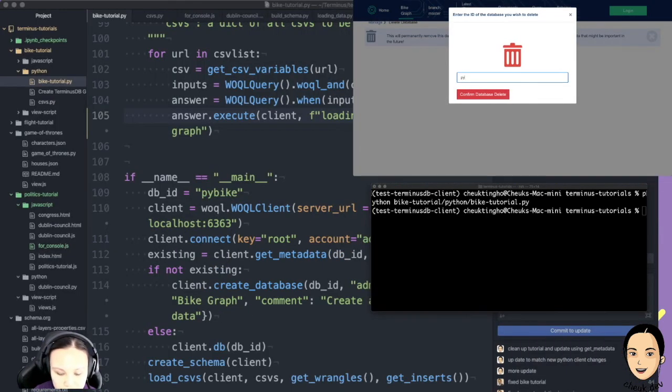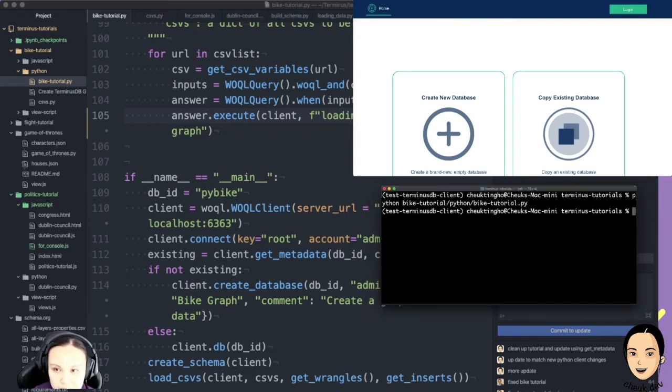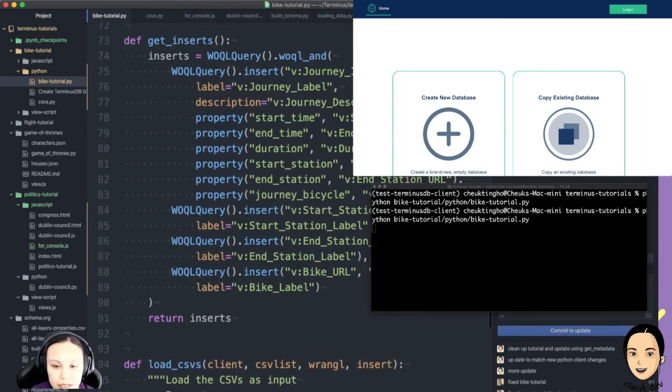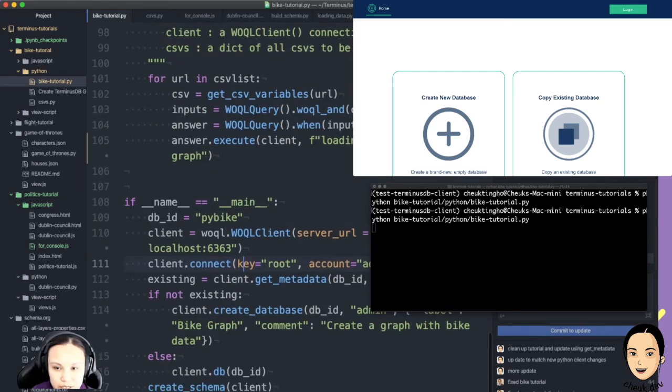have to type in the database ID, which I have already remembered. Okay, so let's run it again, and yeah, I did save it, right? Yeah, I did. So I think this is a better example to have a commit message here to show